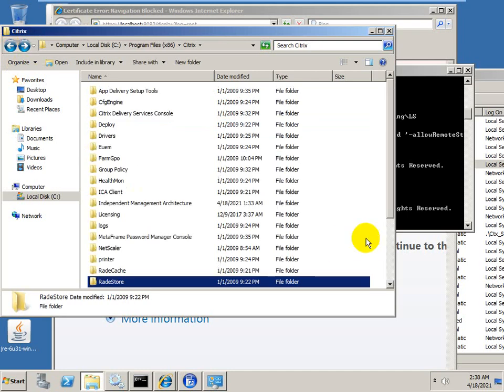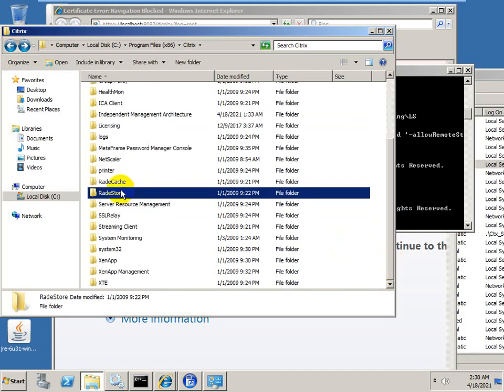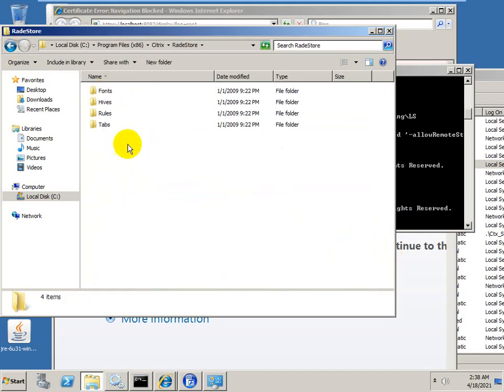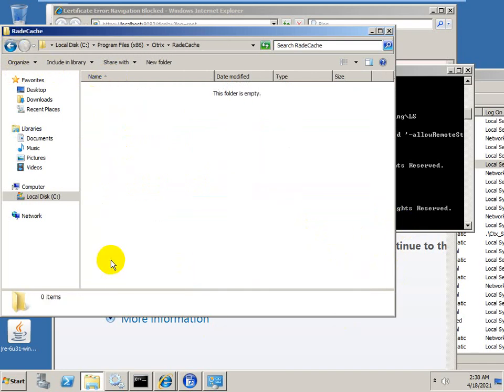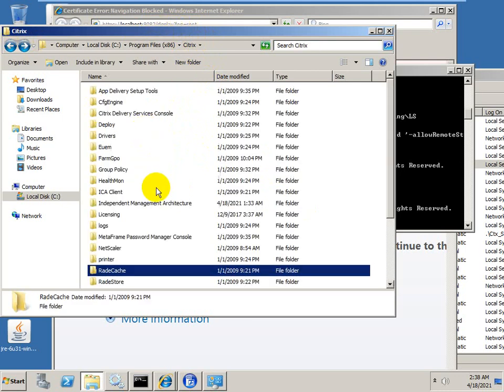Once we create the offline packages, they are stored in the RAID store. RAID cache is empty because no offline package has been created yet. So once we create it here, it provides access for the use of any application offline.